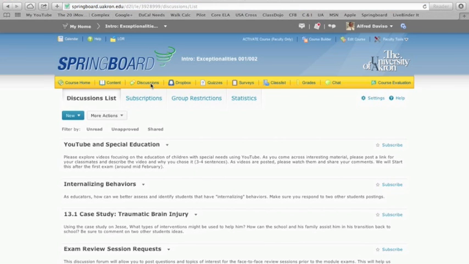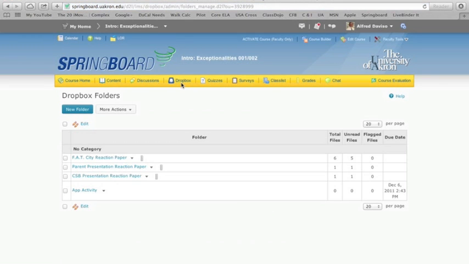In the discussion section, we may or may not use this depending on the size of the class and how much we're getting done throughout the semester. If discussions are going to be implemented, I will let you know. Here's our Dropbox. Anytime an assignment is due, there'll be due dates, rubrics, all that stuff included. As you can tell here, the 4 reaction papers are set up. There's still an additional one to be added. This is where you will submit your projects, and they'll be graded promptly.